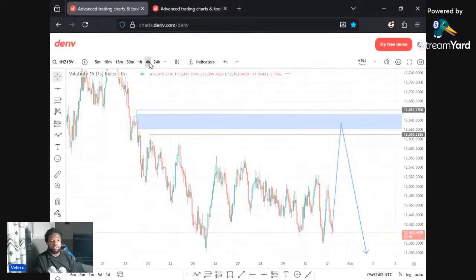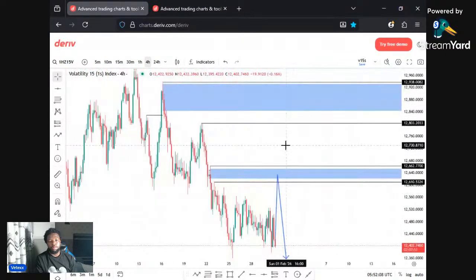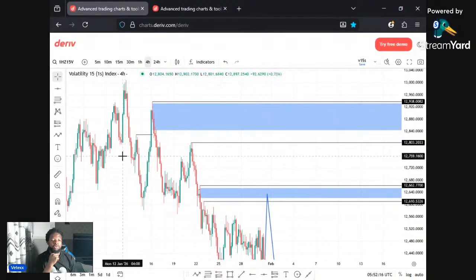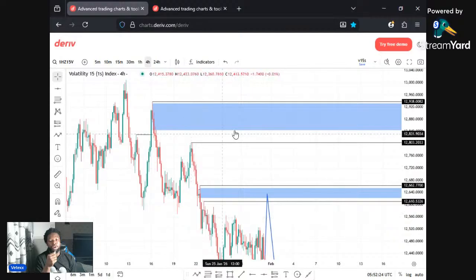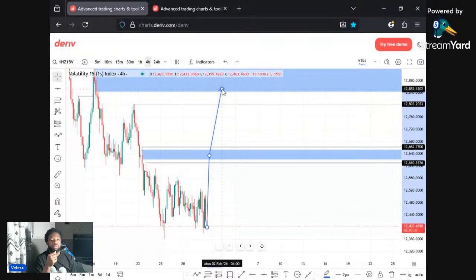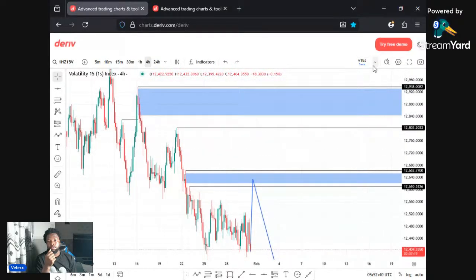And then let's check the 4 hour time frame. Okay, sorry that I've already marked this out. So you can easily do your own study by yourself and understand that before you mark anything, you have a first sweep of liquidity, first break of structure, structural liquidity, second break of structure, and you have your POI. So you're anticipating price to tap into this zone. Once you tap into this zone on the 4 hour time frame, you can start anticipating sells in the opposite direction. Okay, so price has not even tapped into any of our POI yet. So let's go to the next pair,